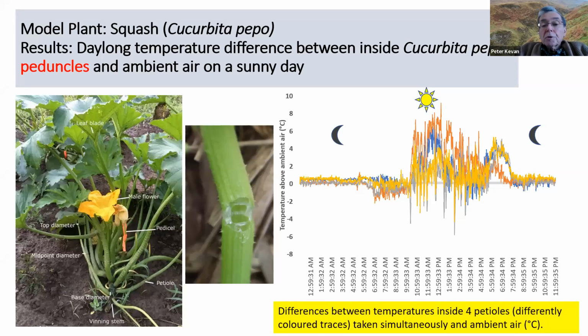Again, we find big differences, particularly in sunshine, within the petioles of the flowers, and that continues through into the peduncles of the fruits as the fruits are maturing, and seems to be an important component in the growth and maturation of the flowers and the fruit. And the differences between temperatures are different. This is 4 all done together, and some of them are more shaded than others by the leaves of the plants and so on. So the next slide,